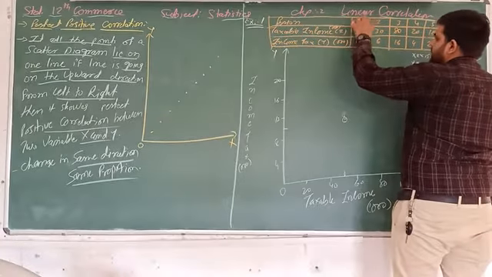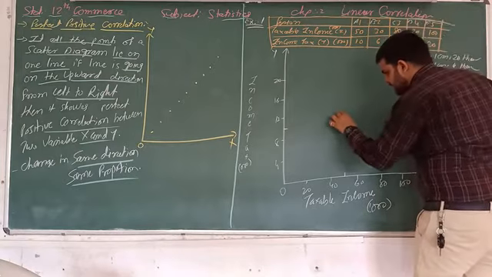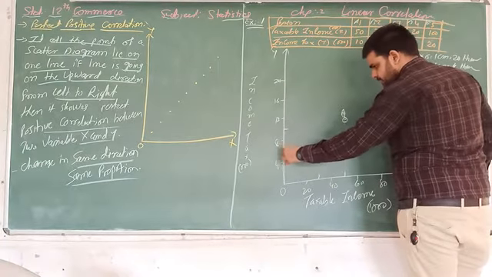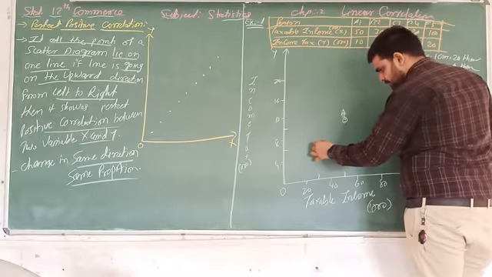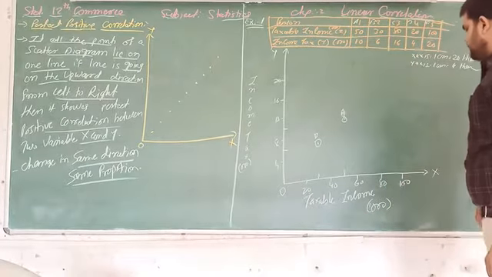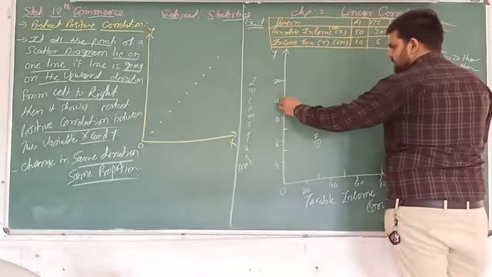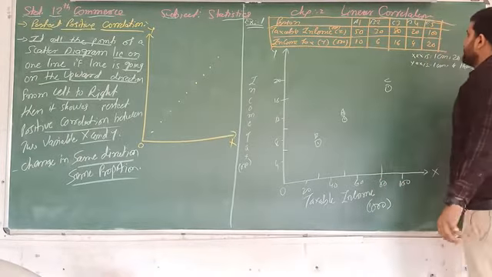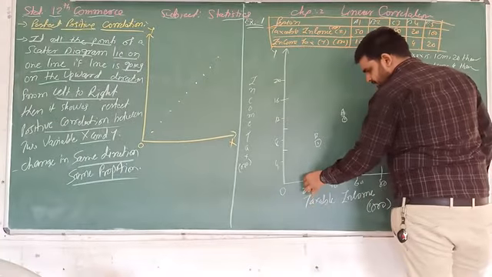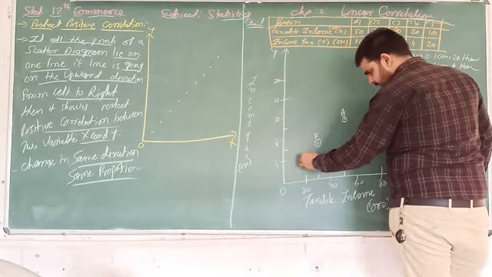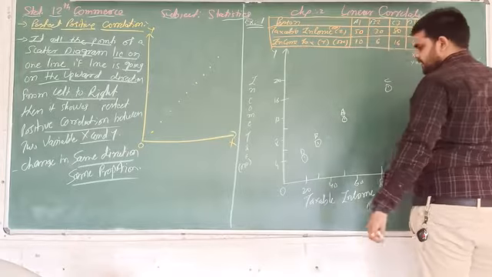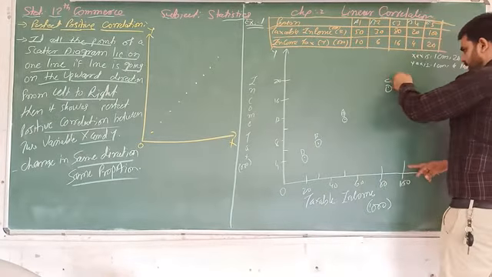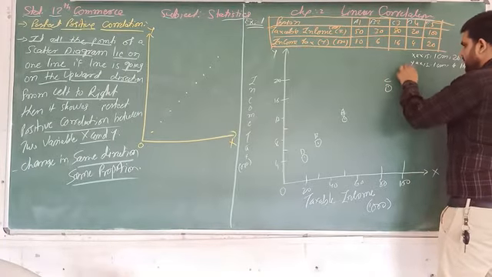This is the first point, A. We denote the persons as A, B, C, D and E. Second, income 30,000 and tax 6,000: 30 is between 20 and 40, so I write this point as B. For C, income 80,000 and tax 16,000, so it is from this point, C. Number 4, income 20,000 and tax 4,000, this is D. And E, income 100,000 and tax 20,000, the last boundary, so I write E here.